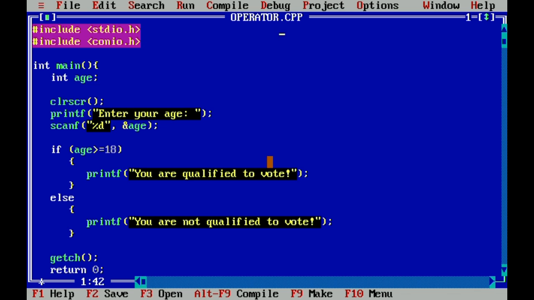Okay, so an example for this one is we are going to improve our previous program, which is to identify if the age that you have entered is a qualified voter or not. This time we make it more realistic. Since we can enter any particular age, we can actually enter an age of 200. But logically, I haven't seen anyone who has an age of 200.